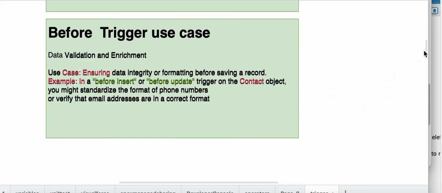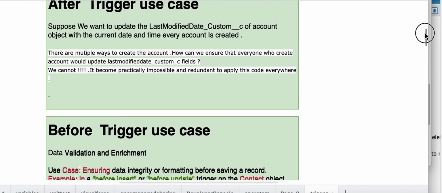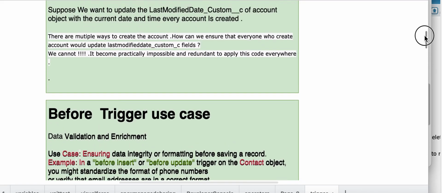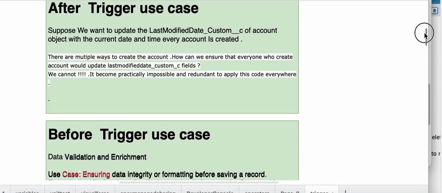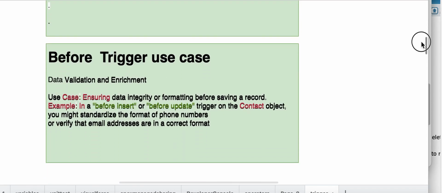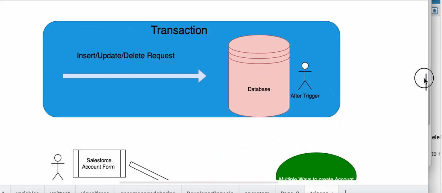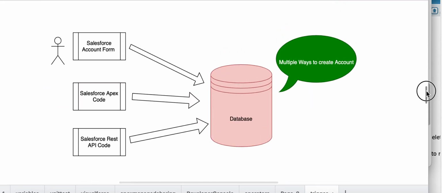So now how do you tackle it? What are the options to tackle these kinds of scenarios? A usual developer instinct is to just go and write code, right? What a big deal. You can write code, let's say you're doing it using Apex. That's one way. Now, the problem here is, as you can see on the screen, there could be multiple ways